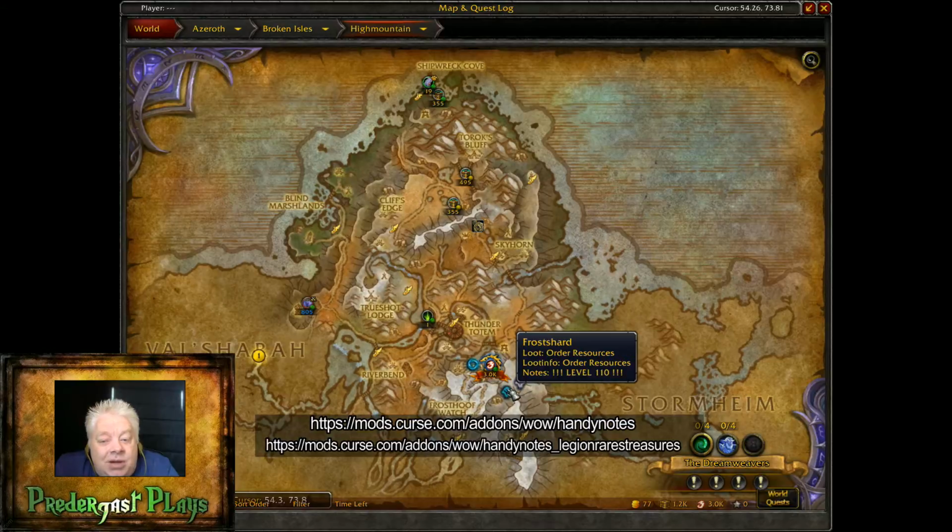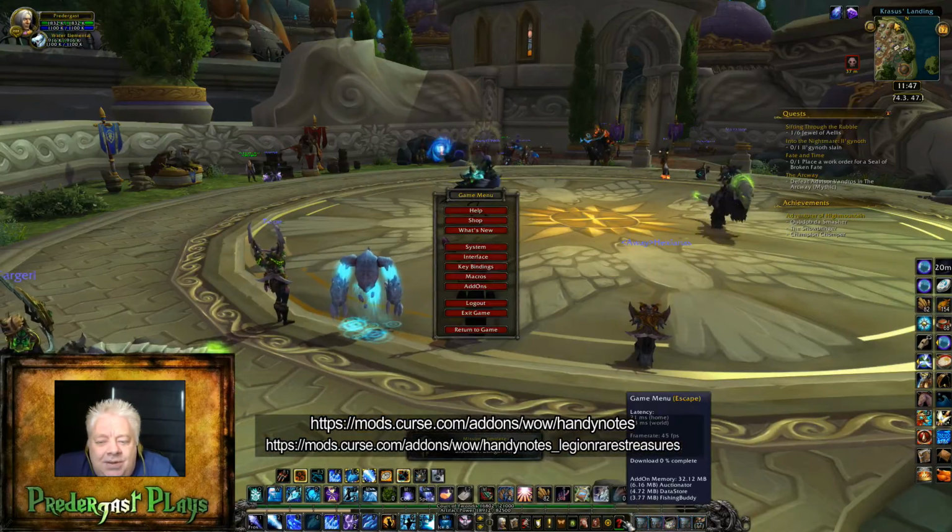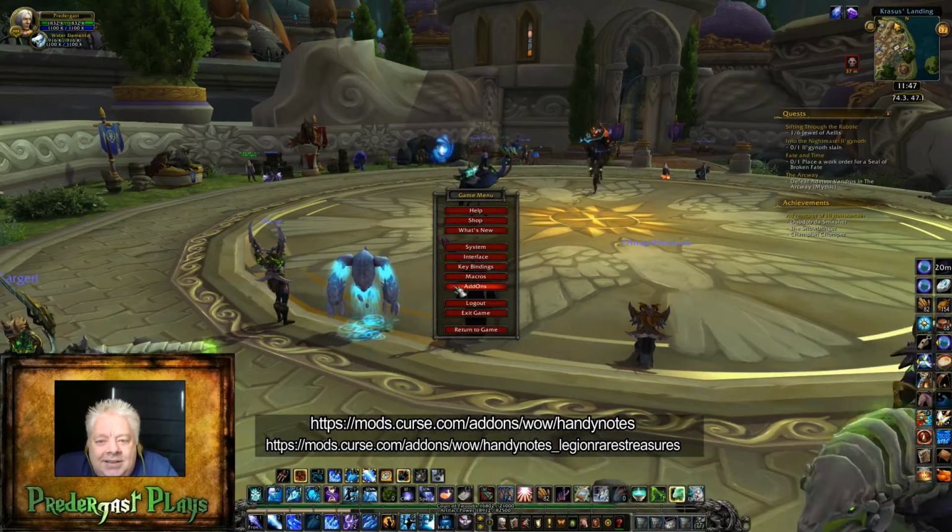rare elites, shows those on your map, and gives you some notes as to what they drop. And again, you can right click and add them as a waypoint arrow on your main screen. So it's absolutely superb for getting artifact power. It tells you, right, go and loot this treasure chest, artifact power here, and how much. So highly, highly recommended. Now, what I didn't show you, if we go back in,